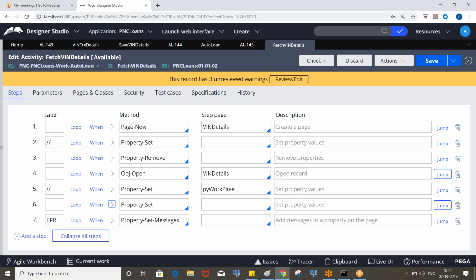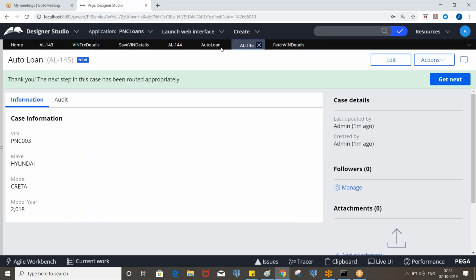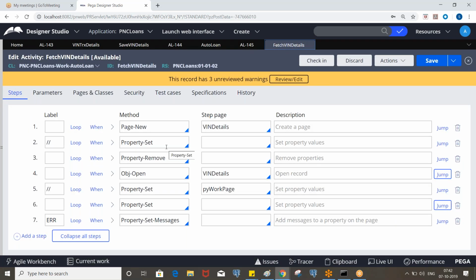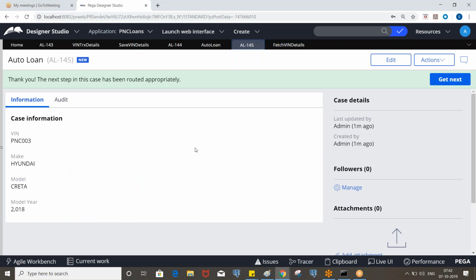Okay, so let's say we are fetching the data from the database to the clipboard using the Obj-Browse. It will put it on some top level page, right? Let's say fetch country details. Once you map to the UI properties, why do we need to maintain that page on the clipboard? It's not required, right? So we can remove that. Okay, but do you see any issue here? No, right? We are fetching the data, and also we are saving back to the win transaction details, right?